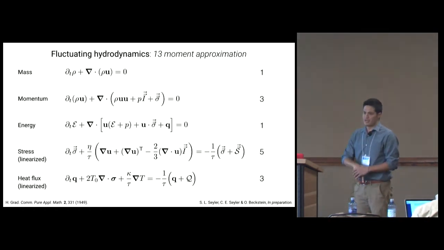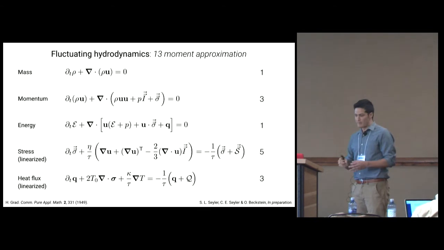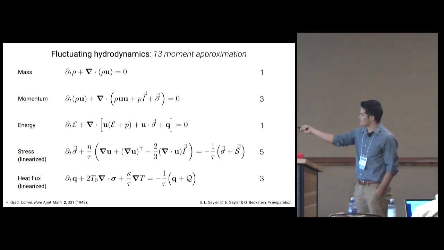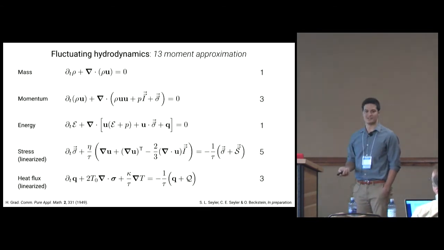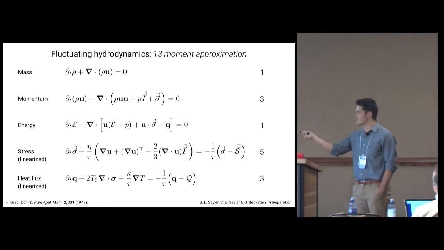The question I'm really interested in and trying to work on is how good is this approximation when delta t is comparable to tau? So how good is this approximation in resolving the physics with my time step? Okay, so